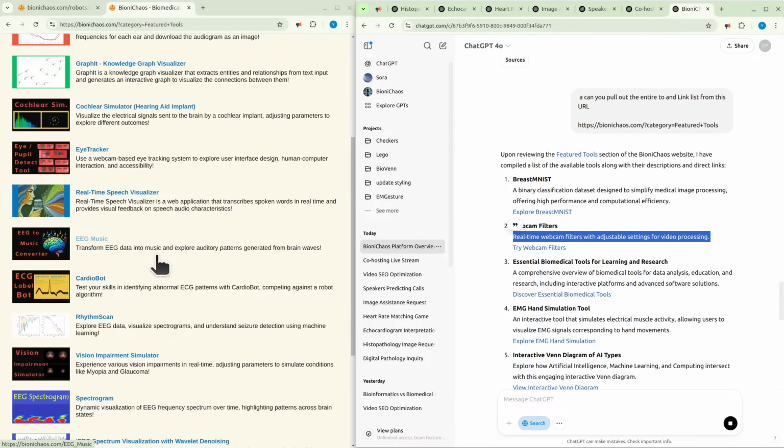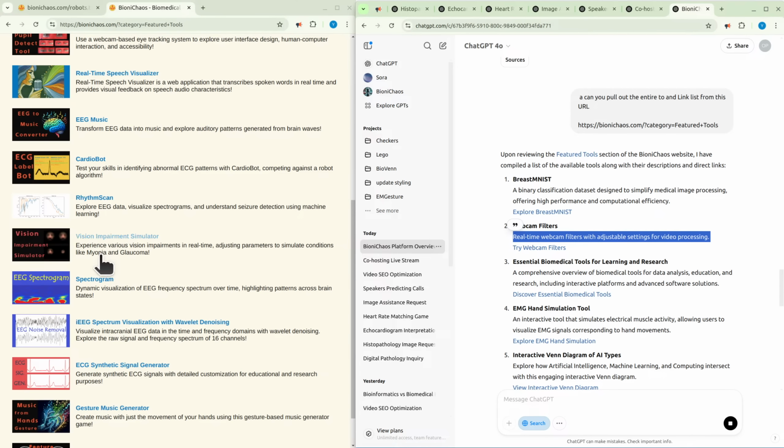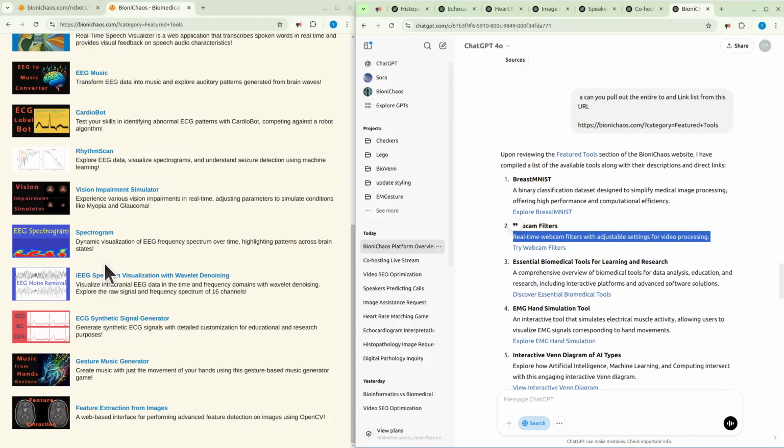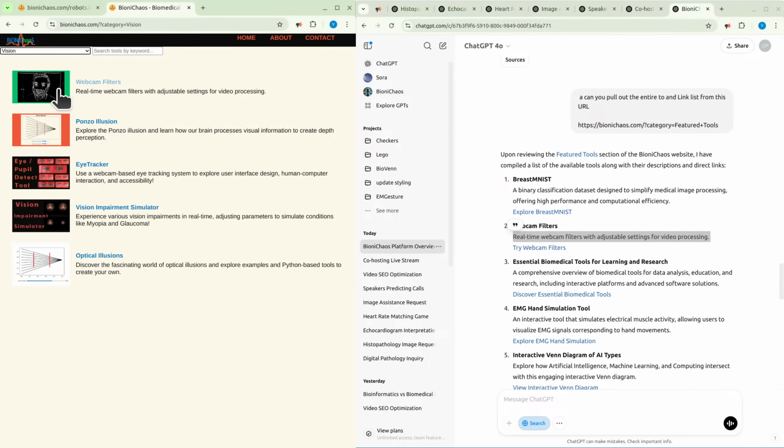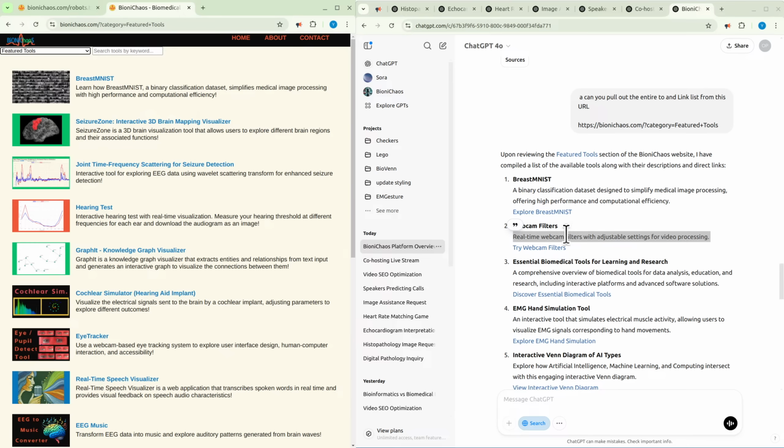The webcam filters, funnily enough, we do have them, but they're not featured. Yeah, they don't have an exclamation mark there, so they would not appear in the featured tools. So that's very interesting.